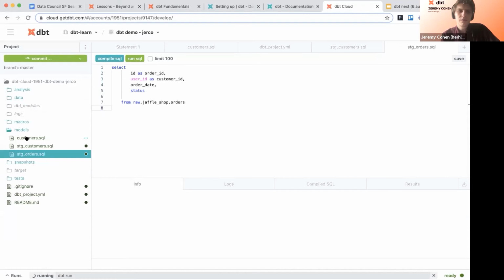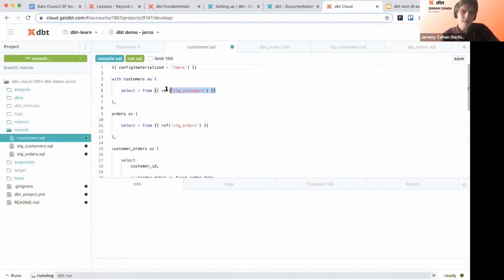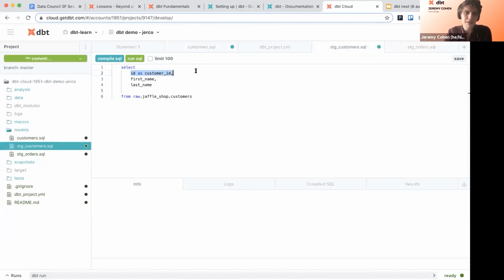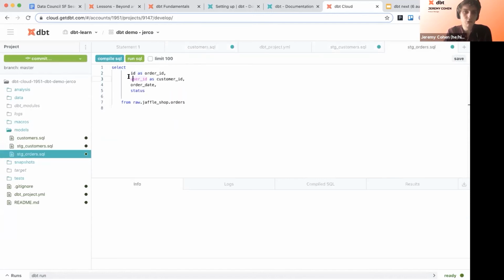So I've implicitly said that customers depends on stage customers and depends on stage orders. STG here just meaning it lies quite low to the source data, to the raw data. I'm just lightly touching it up. I'm lightly renaming ID as customer ID, user ID as customer ID, ID as order ID.